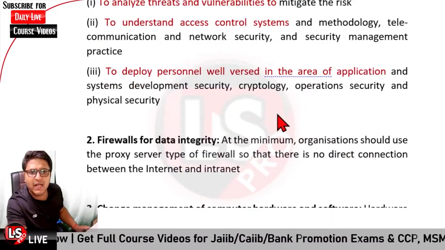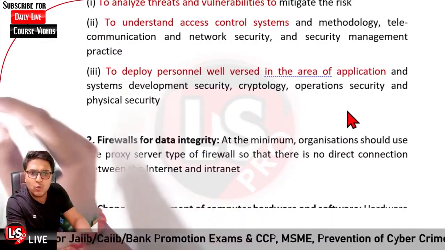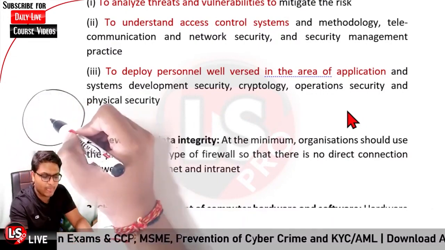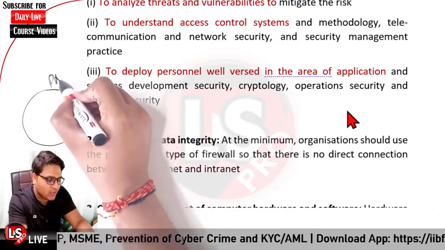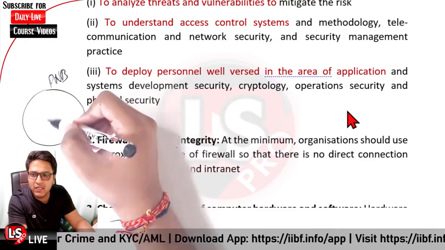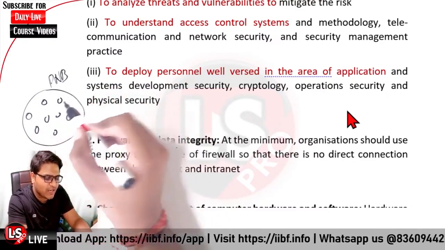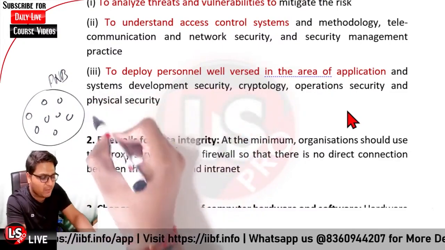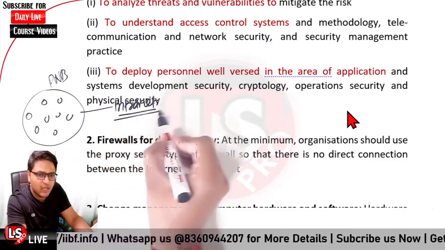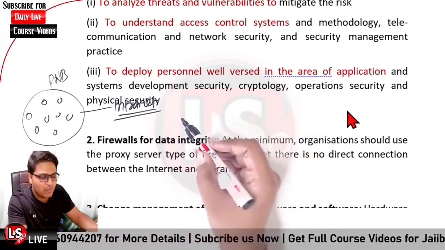Then it is regarding firewalls for data integrity. There are two types of networks. One is an intranet. What is an intranet? When you are in the same office, let us say it is a server of PNB. The PNB server will be available only in the PNB branches. Let us say there are 10,000 branches, or any number of branches, linked together. So it basically represents an intranet, that only the PNB branches or ATM network would be able to access the data.